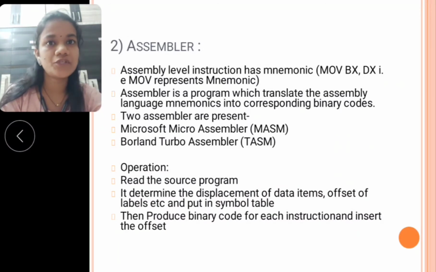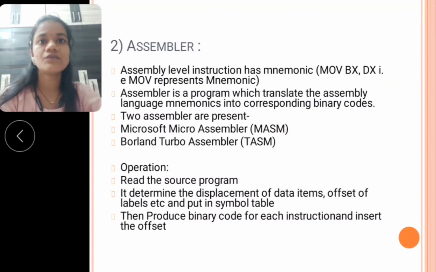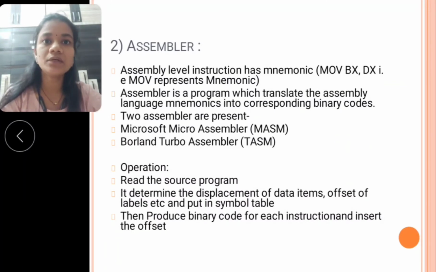Now what is the operation of the assembler? First we give the editor file, or source file, to the assembler.